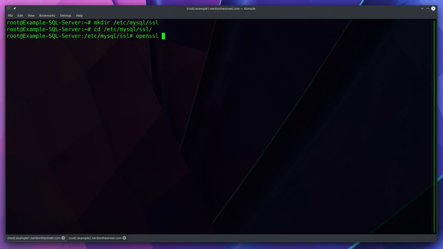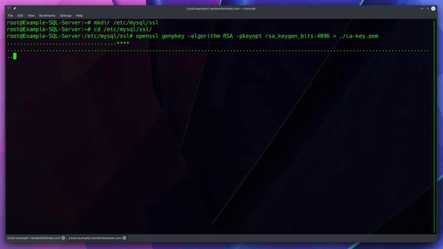So I'm going to run openssl genpkey, that's generate private key. We're going to use the algorithm RSA, with the option rsa_keygen_bits, and we are going to use a 4096-bit key, and we are going to output that to cakey.pem, so that's certificate authority key.pem. So we've got that now, and next I'm going to run openssl req, this is request a new certificate, -x509,